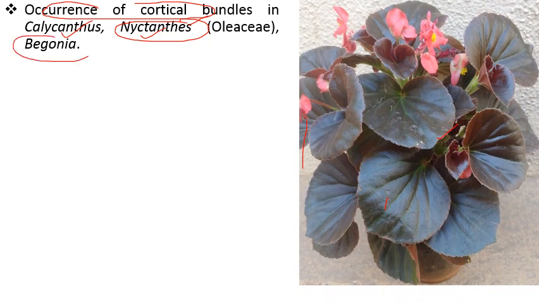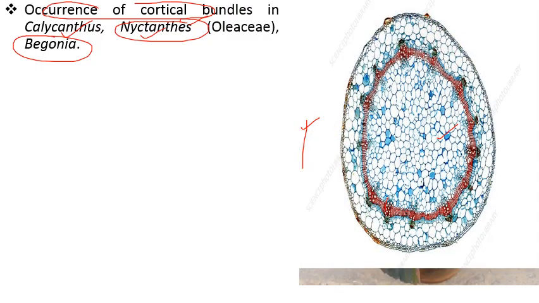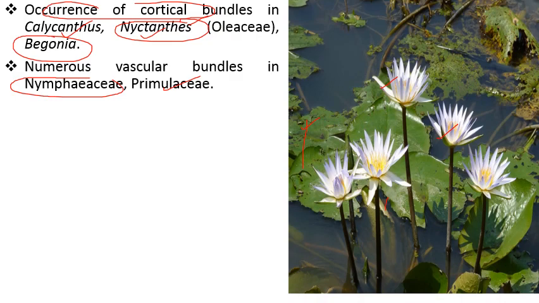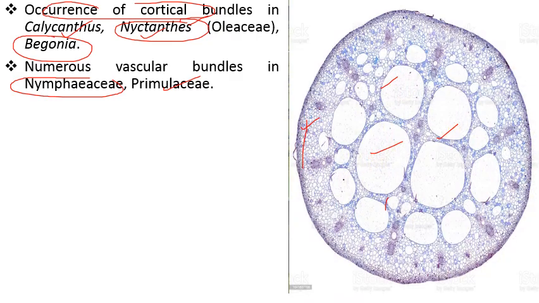Then we have Begonia. This is the photograph which shows a section of Begonia. It shows cortical vascular bundles. Then there are numerous vascular bundles present in some plants of families like Nymphaeaceae and Primulaceae. The vascular bundles in these are numerous. This is the photograph which shows a section of Nymphaea, and we can see here